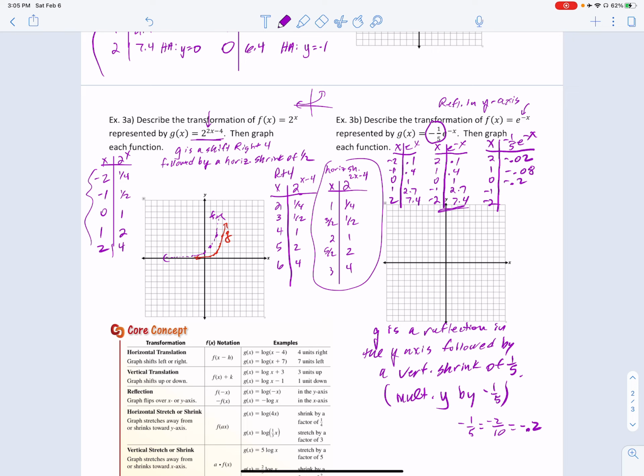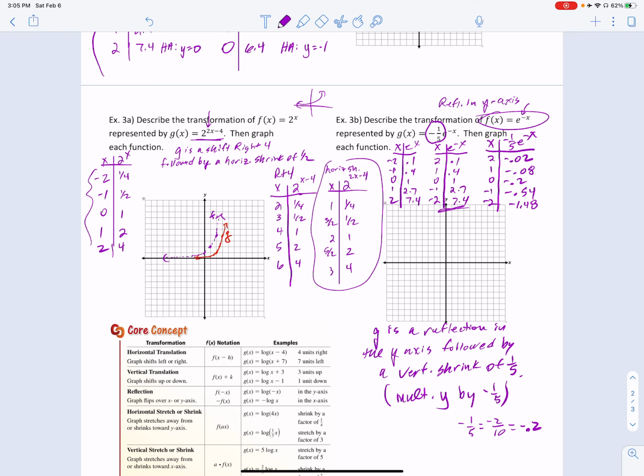And if I double 27, I have 54. But it's negative in 2 decimal places, so we have a negative 0.54. And 7.4 doubled is 14.8. And move the decimal to the left one. And so we have a negative 1.48. And so in this case, we have to be a little bit careful because the e to the x